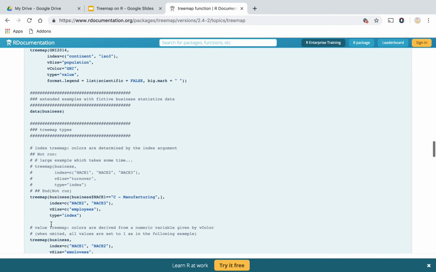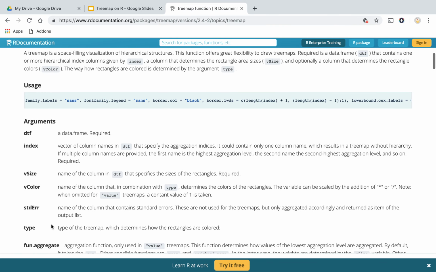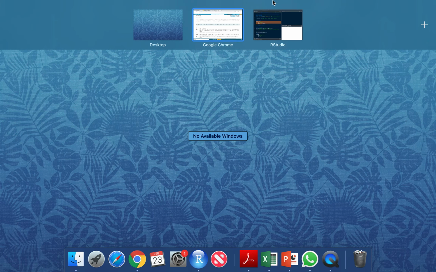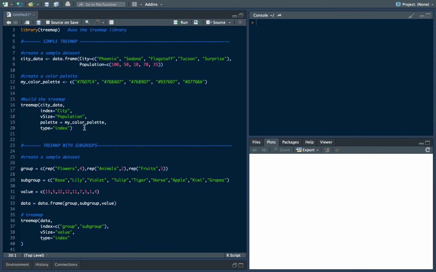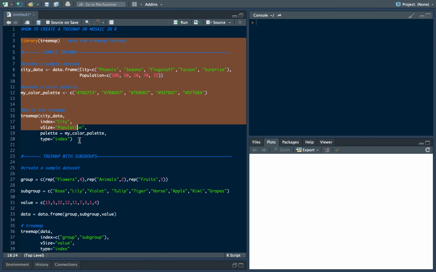There are some sample examples also here. So it's a very useful function which has lot of different options to customize. So go ahead and check it out. And so okay, now that we have written this little piece of code, let's run that and see what happens. So I'm going to run this code here,